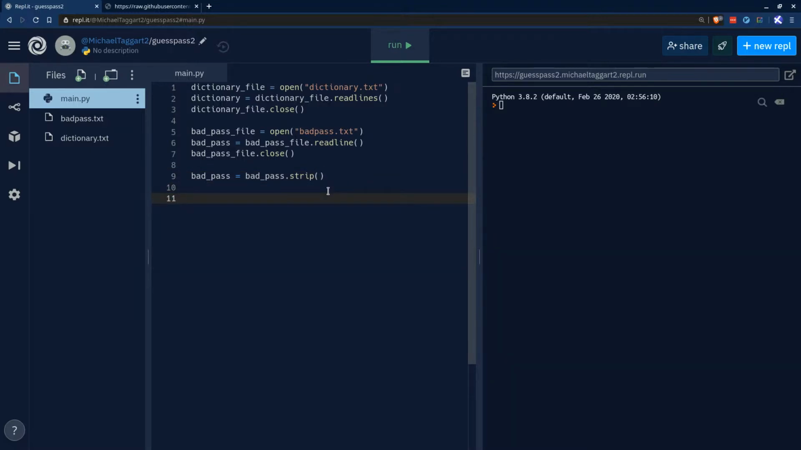Okay, now we want to go through every password in this dictionary, and we want to test it against the bad password to see if they match. To do that, rather than use a while loop, we're going to use a for loop. For p in dictionary,